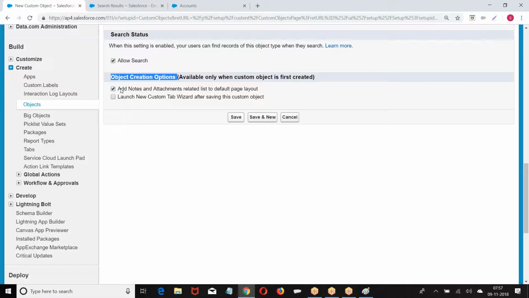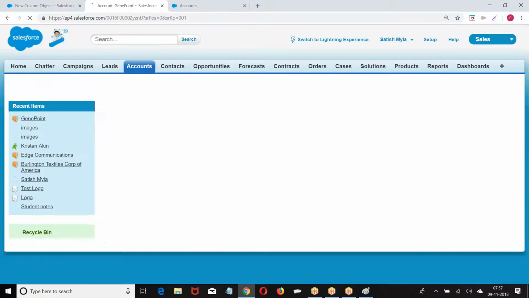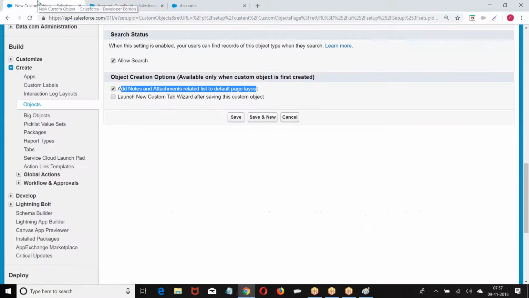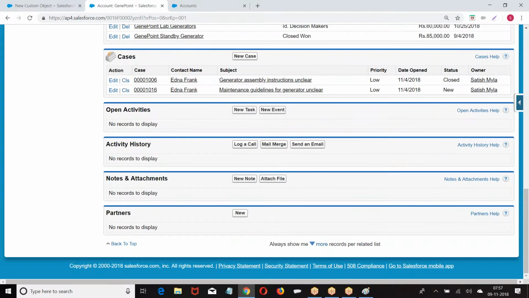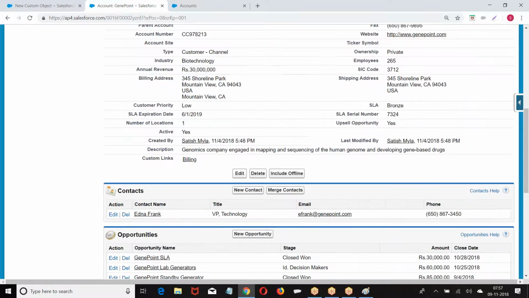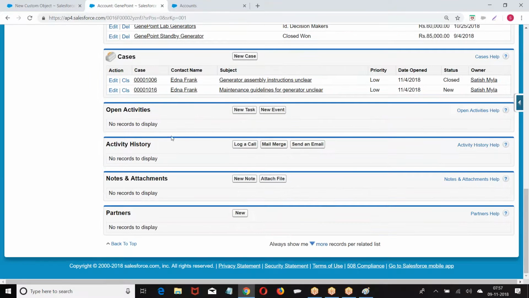First one, add notes and attachments. When I say notes and attachments, look at this. If I enable this, add notes and attachments, this block will be added on the record.